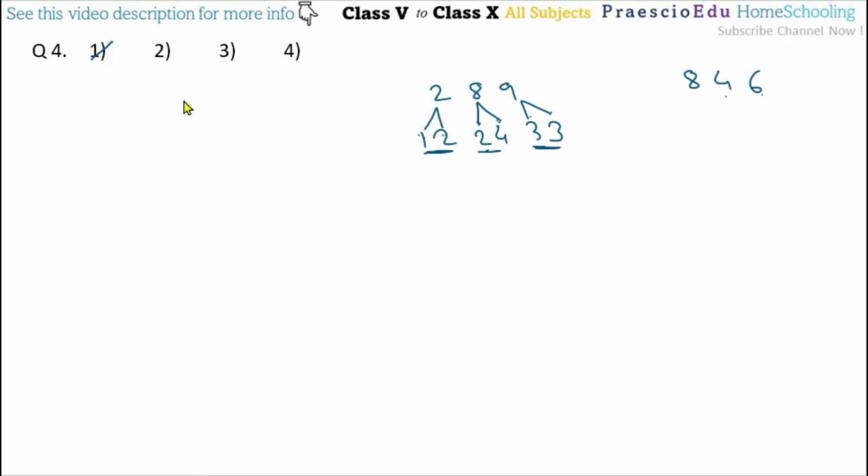Then option number 2, 44, then 22 and 42. So 2 4s are 16. But we require the 8. So that's why option number 2 also cannot be. Then option number 3, the numbers 24, then 22 and 32. So 2 4s are 8, 2 2s are 4 and 3 2s are 6. So this can be possible. So that's why option number 3 is the correct one.